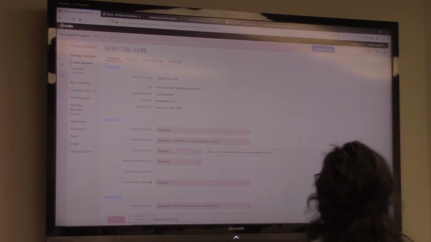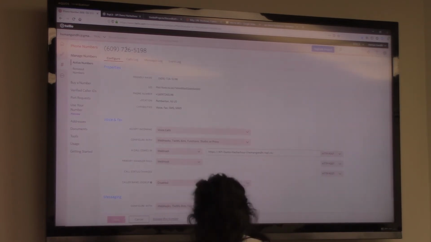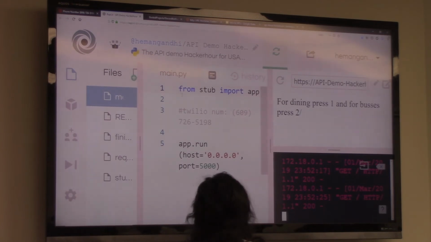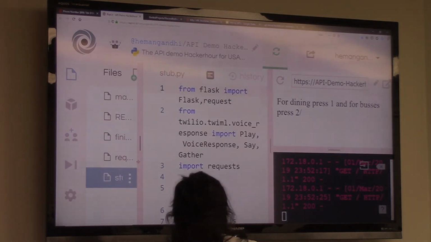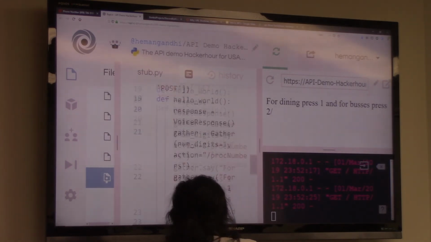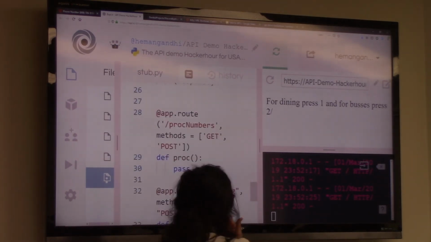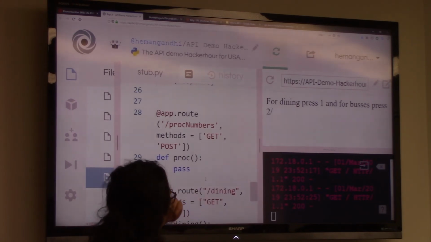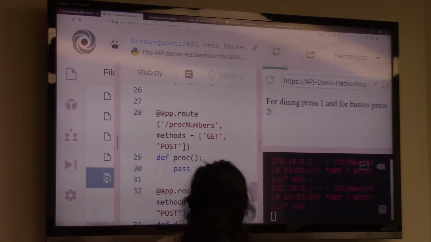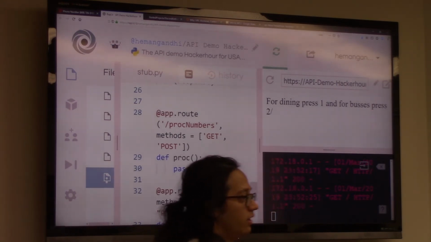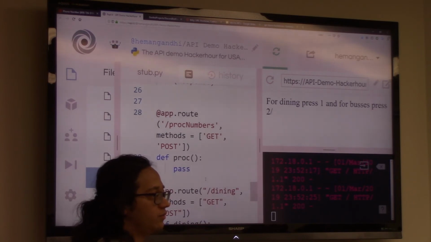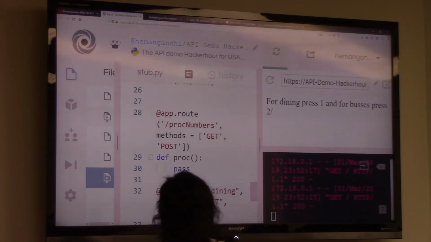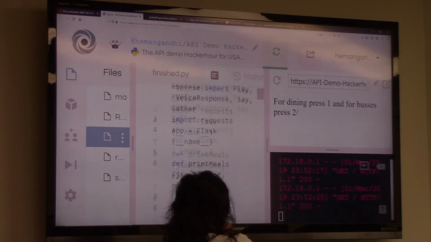All right. I'm going to assume everyone's good with that and get through the last bit of code. Right now, what happens when you press a number is it'll go to proc numbers, because that's the action that we passed in earlier. Now that we know that, what we have to get is what number the user passed in when they pressed the number pad. So the way to do that is